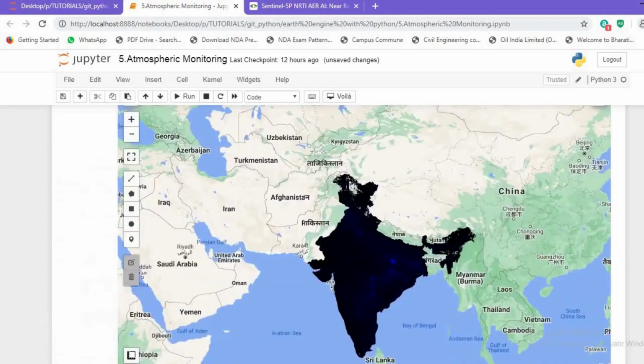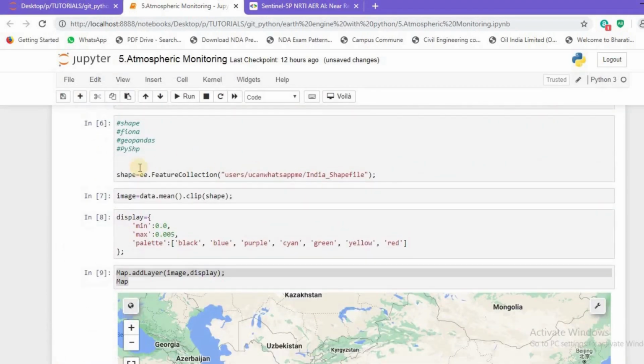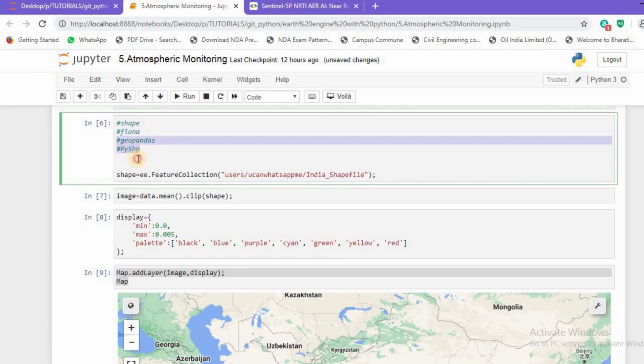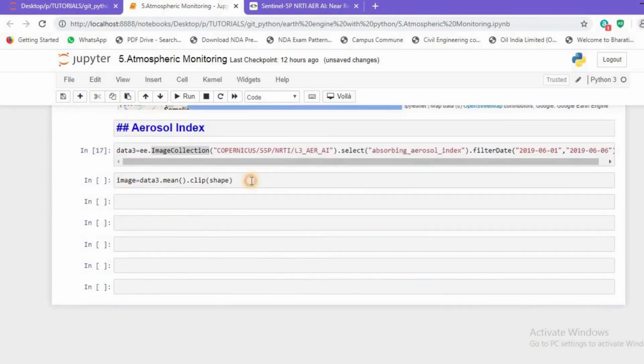As you can see, I have imported my shapefile like this. You can import your shapefile using Fiona, using GeoPandas, using PyShp, but I have used the Earth Engine feature collection and I have given the path for my shapefile. So I will use the same shapefile. I have just terminated the line and I'll just hit the run button. So I have successfully clipped my data onto my shapefile.